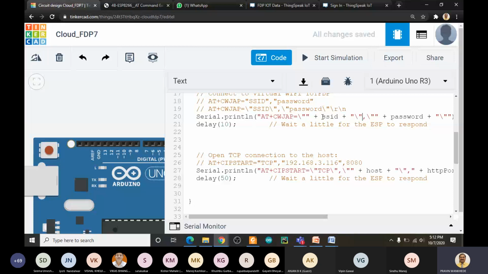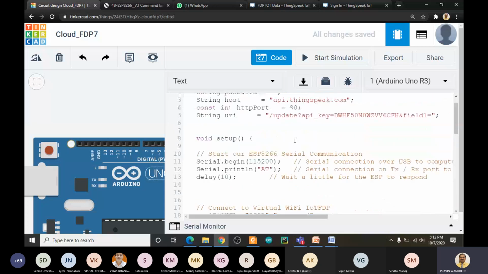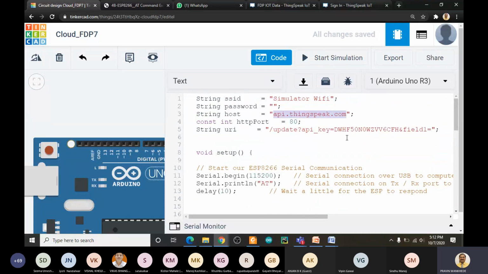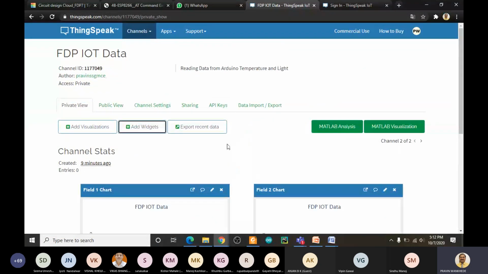Correct. And once you connect with this access point, now we have internet, correct? As we can say that if your laptop is connected with the internet, then automatically this Wi-Fi module starts accessing the Wi-Fi through this access point, okay? And then you would like to connect with this host. So we would like to upload this data on this ThingSpeak.